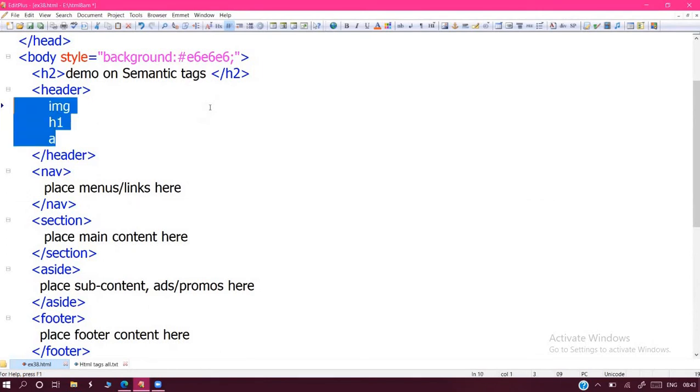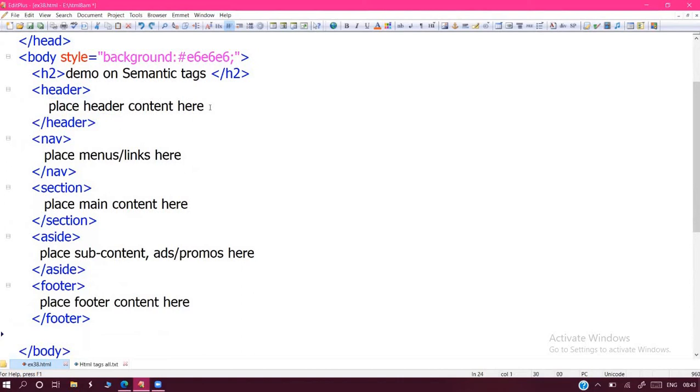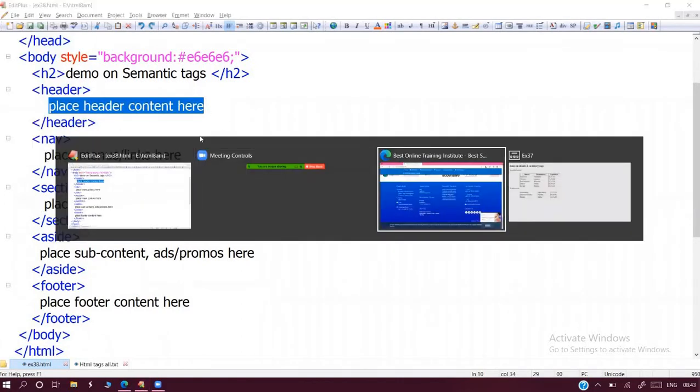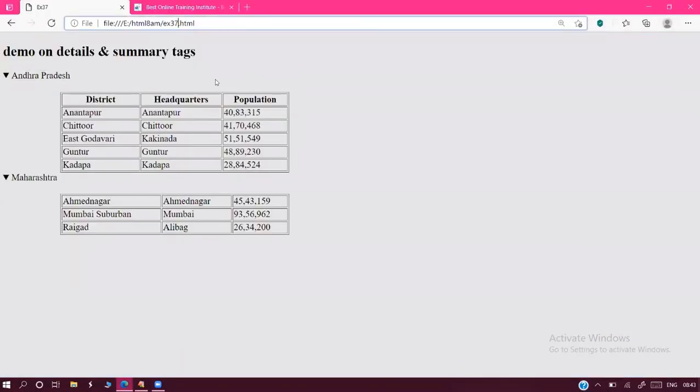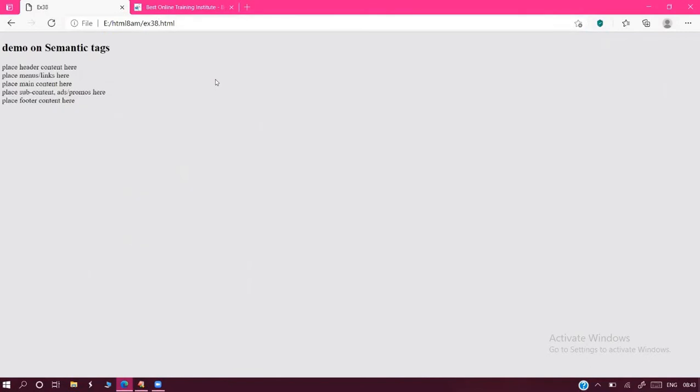We design the component like this. If you run this program, we'll get just those messages on the screen, the 5 lines. The 5 tags display just 5 lines of messages.